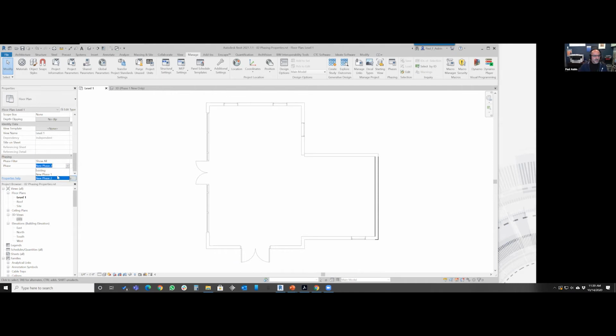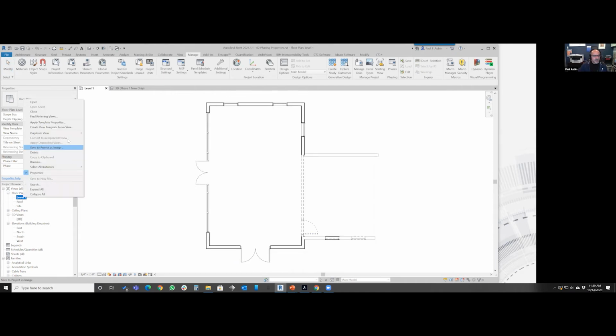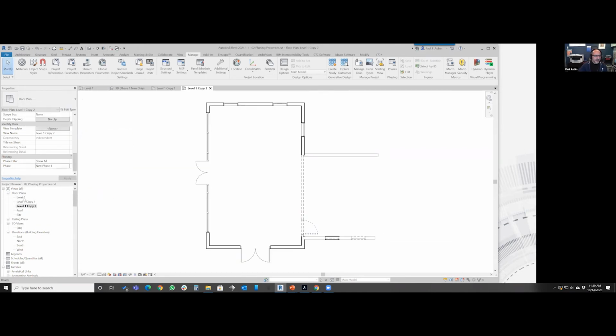Instead, what would be better to do is to actually duplicate this view a couple times. Now, in this case, I'm just going to use duplicate because I don't have any annotation, so it doesn't matter, but you could do it with detailing or dependent, that's up to you, okay? But I'm just going to make 2 copies of this, and then I will rename the first one